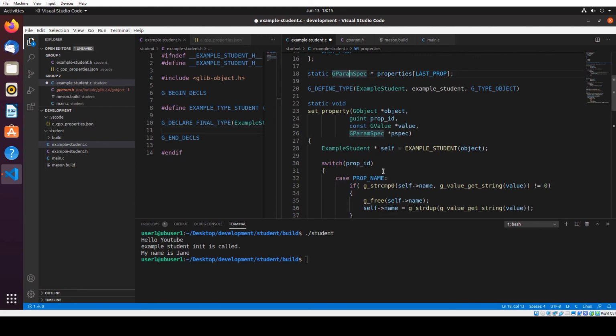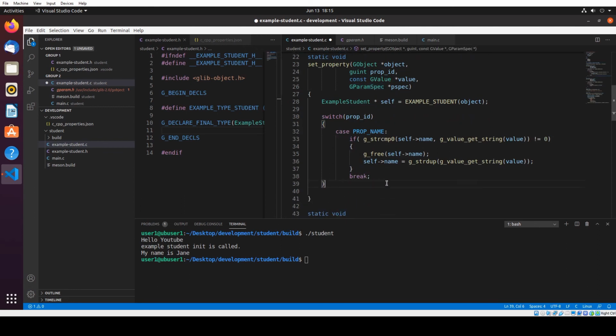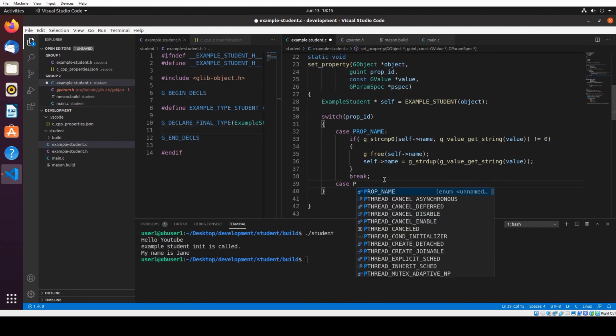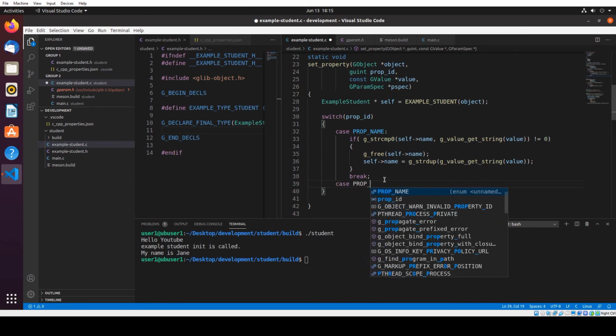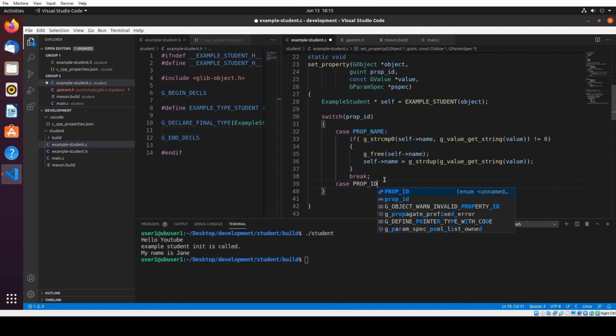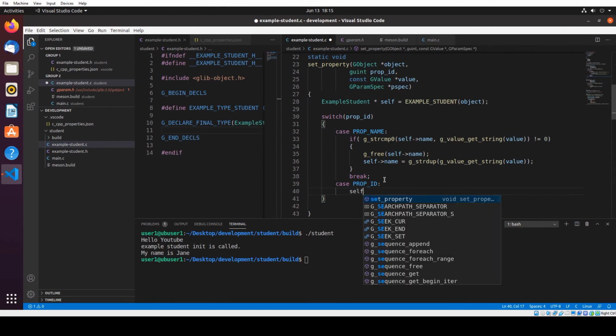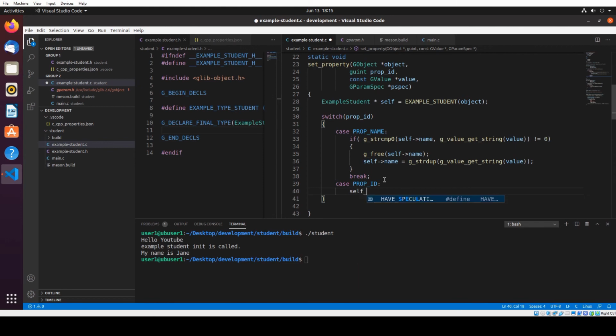We need to set in here. Let's call it case prop ID. Okay, we need to set self ID equal